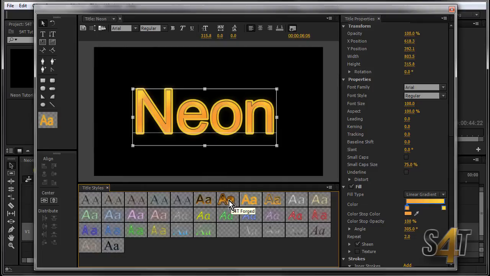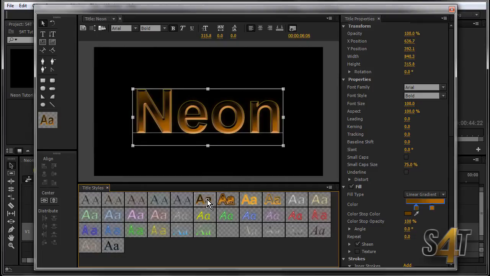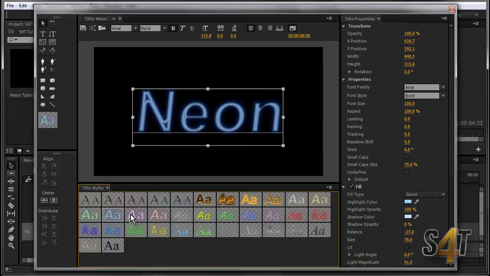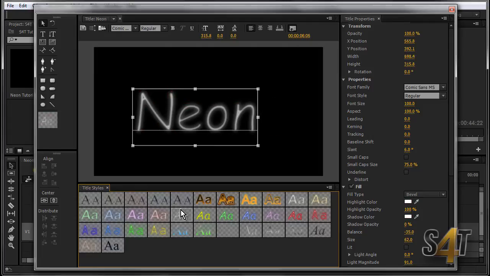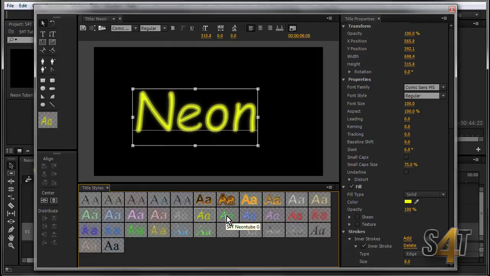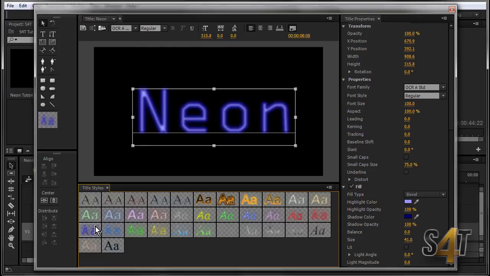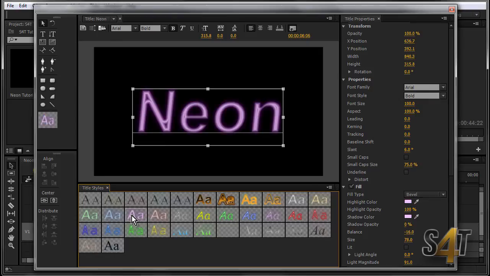There are a number of different kinds of type styles in here, a couple with the appearance of hot metals and that sort of thing, and a couple of sort of glowing aura metals. And then of course we have our neon, and we have both the double strand, and then we've got what we call neon tube. Looks a little more like a freehand bent tube. Then we have our phosphors. The type style is really made to look more like a screen font on an old-time CRT. We're going to work with our neon for right now,